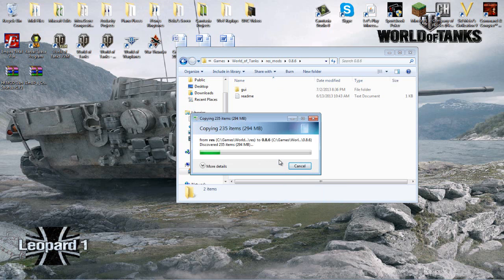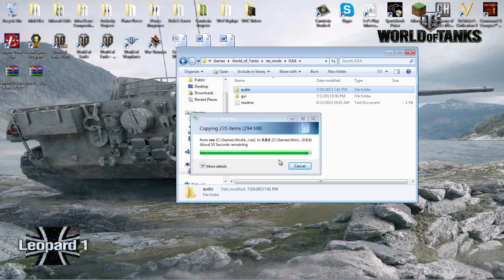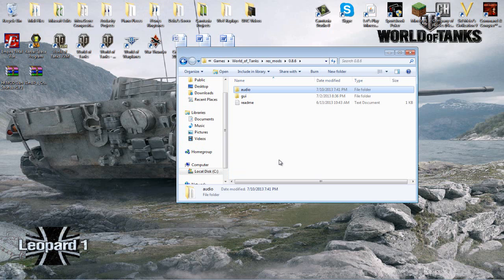It's a big folder. It'll take a few seconds to get it moved over. Just wait for that to finish. Alright, it'll get moved in. Yeah, like I said, it's a big folder. It takes a little bit of time to get it moved. Alright, there we go. Now that we got the audio folder moved in there,